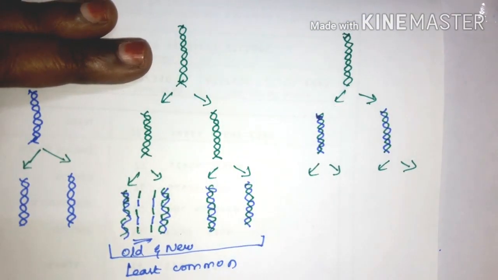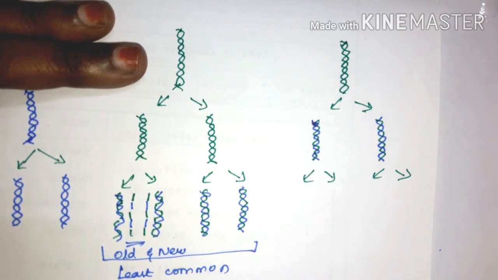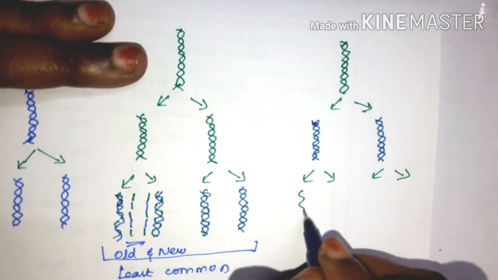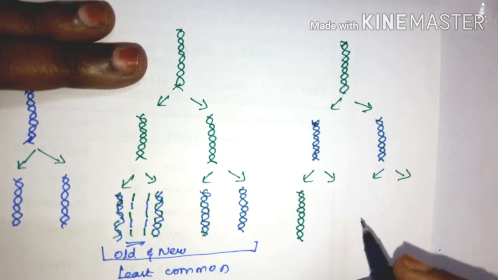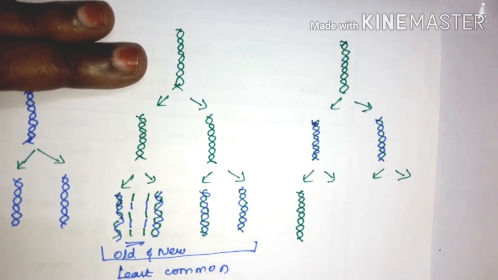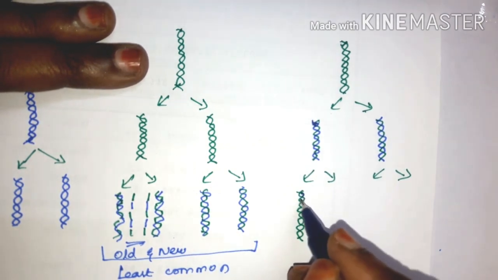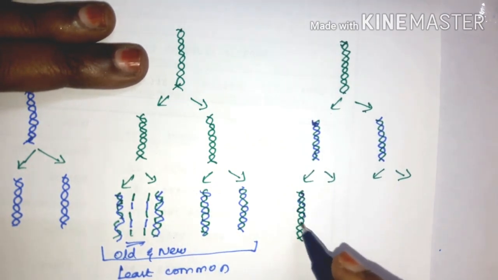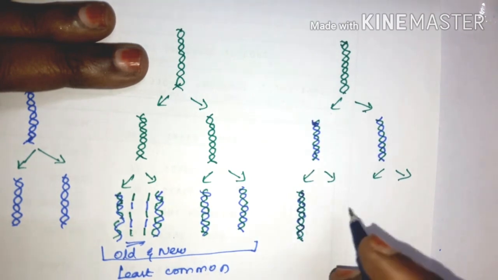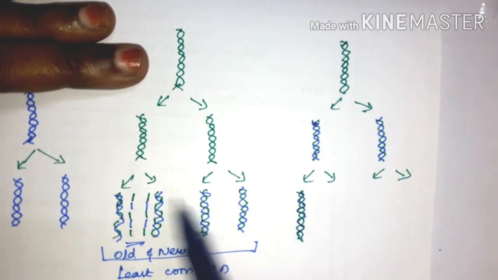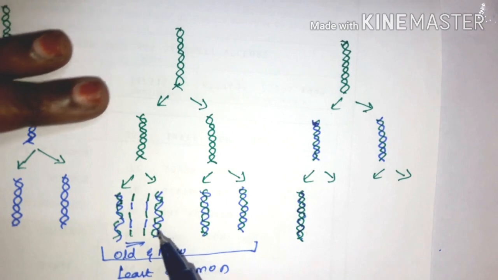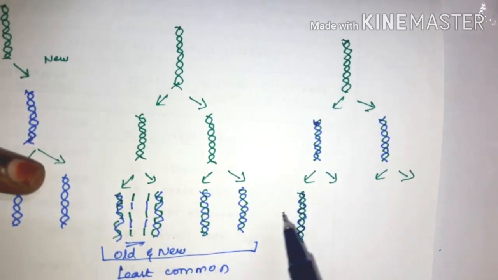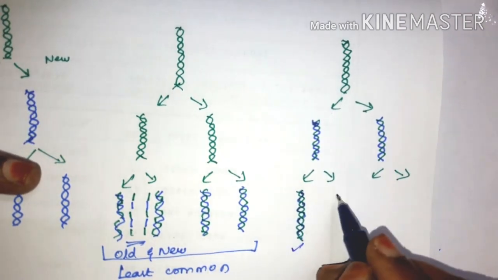So automatically, if it gives rise to the next generation, in the transmission of characters to the next generation, what will happen? There is only one old strand, or else the preserved parental character must be of one strand, but all the others have a combination of both, like fragmentation, like in the case of the dispersive hypothesis, but here the others are completely old.